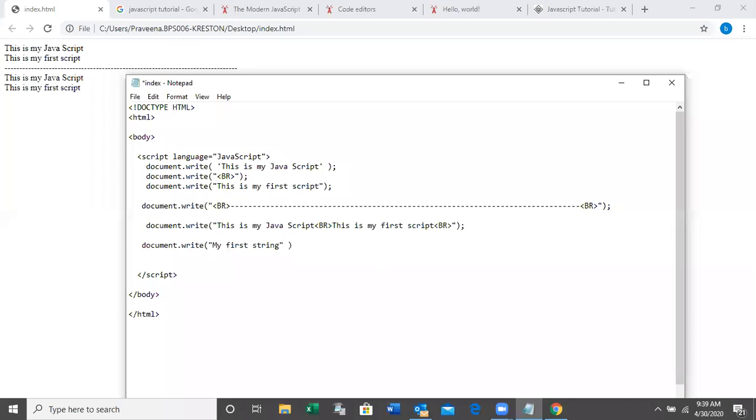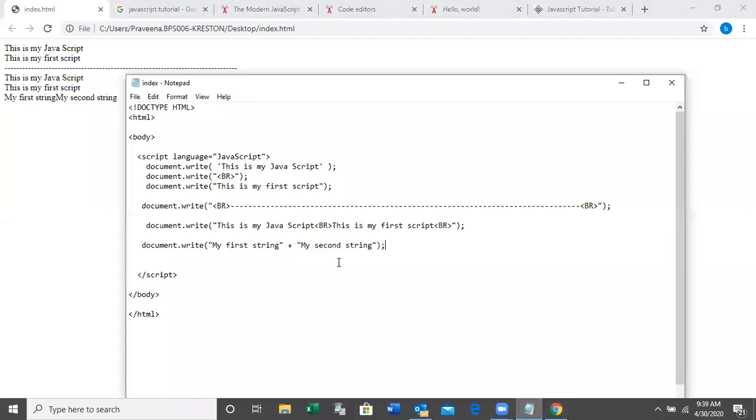And then put the plus operator here to join two strings, right? My second string. Okay. See here. My first string, my second string, right? Okay. How can we add the space in between two strings?